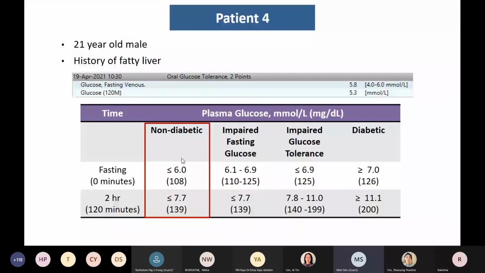So he walked 1 kilometer home and he walked 1 kilometer back. And by the time he came back, he was all ready to have his second sample done. And voila, glucose of 5.3 millimoles. When we found this out, we actually rendered this OGTT invalid and had to reschedule him for an OGTT on another day.